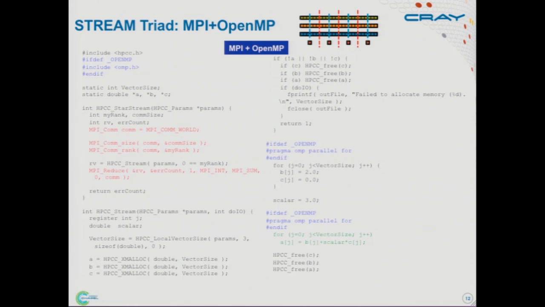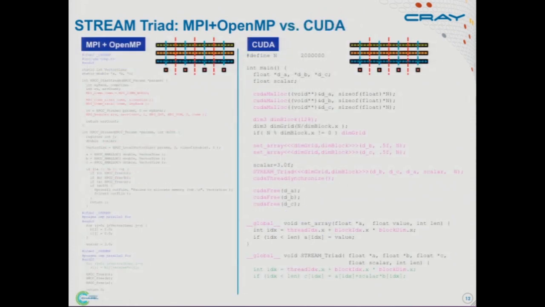Now if we look at how I might target a GPU today, well, if I use CUDA, this code on the right over here is the CUDA version of stream, and the purple code is all of the stuff that's specific to CUDA. You can imagine I could also mix this in with the MPI and OpenMP. But again, the point is, without going through this in great detail, the concepts you use in CUDA to talk about, again, parallelism and locality, the two things we care about, are again completely different than what we use in